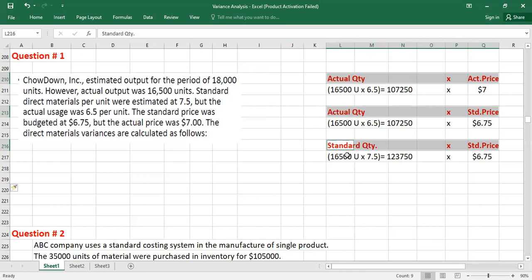And the third, we need to calculate the standard quantity. If you remember the formula, we will use it. We always take actual output, which is 16,500, times standard kg, and standard kg is 7.5. It is given here. So this will give you a standard quantity of 123,750 kg. Multiply with the standard price, which is